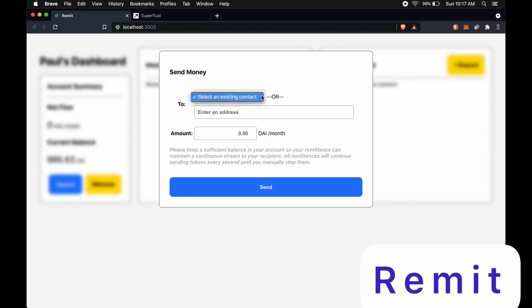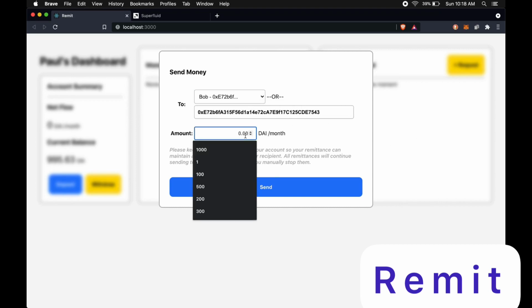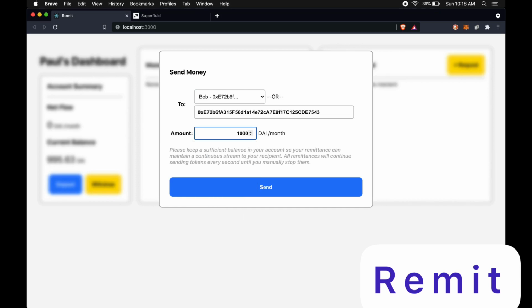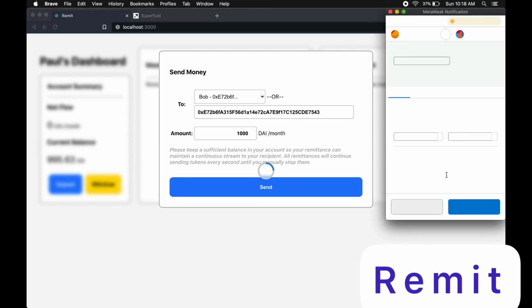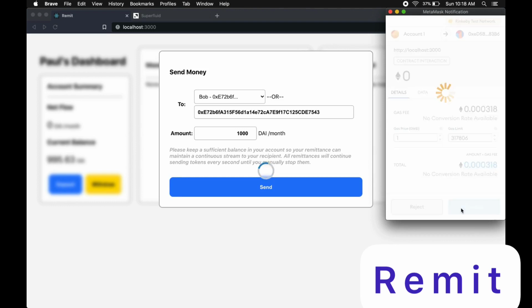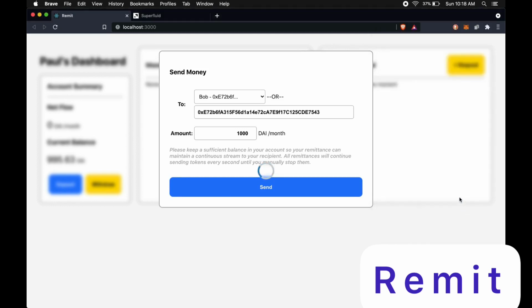That relative's name is Bob. So you can see how this comes in handy in terms of using GunDB in the back end to store the addresses, so I don't have to memorize or copy and paste or whatnot. And let's say that I want to send 1,000 DAIs per month, and so I submit the transaction, pay the gas fee, and what will happen next is that once the transaction goes through, this